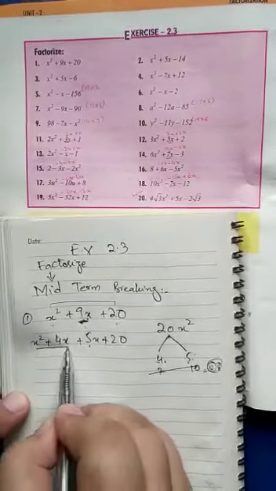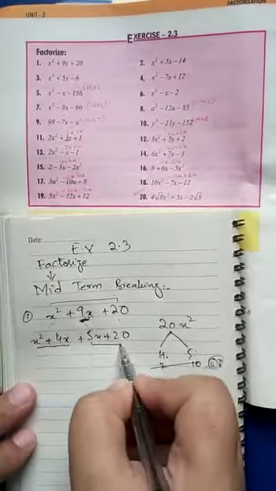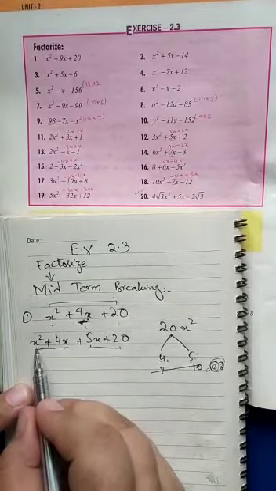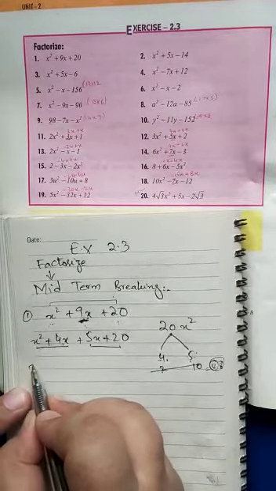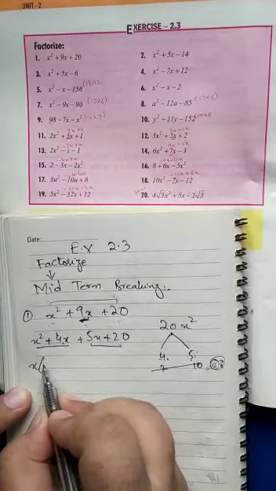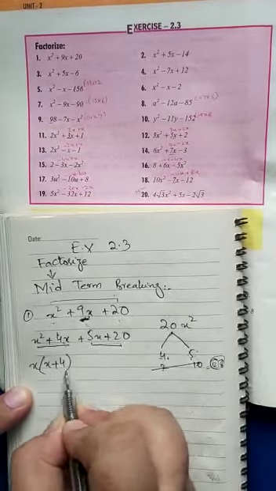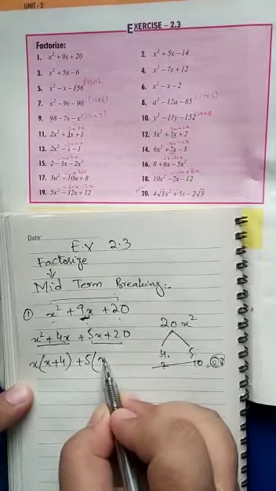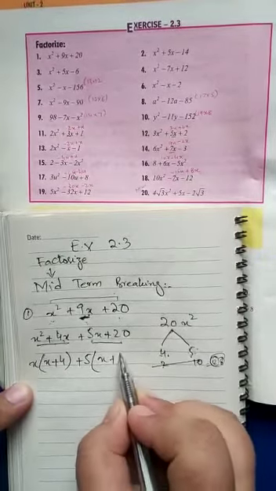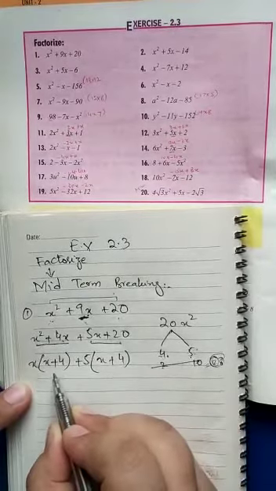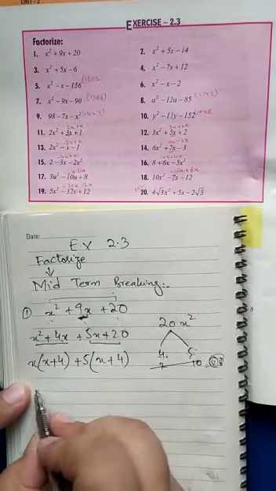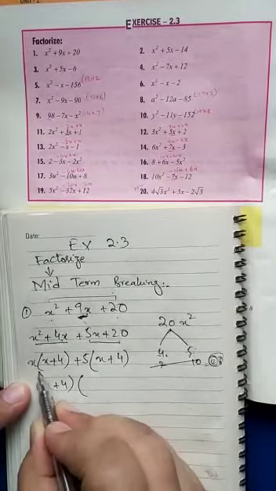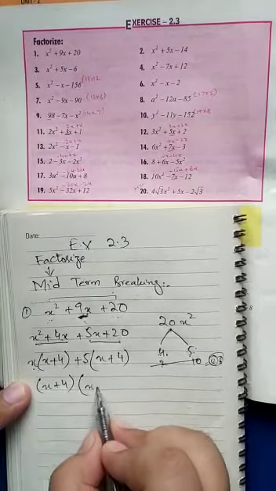Now we will see what is common in these two and what is common in these two. We just need to break this middle term. We see here that x is common in both terms, so we write x common. The value inside is x plus 4. Here we see 5 is common: 5x plus 20, so 5 into x plus 4 is 20. When the factors inside a bracket are the same, it means this is the common factor. First we write the common factor and then we write the uncommon one, that is x plus 5.